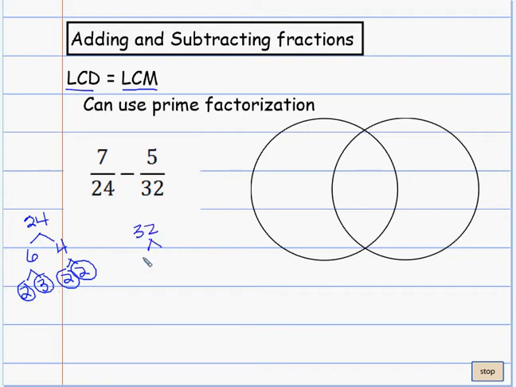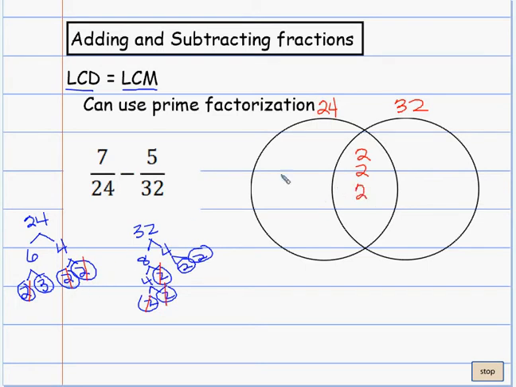And 32 would be 8 times 4, 4 times 2, and 4 would be 2 and 2. And this 2 stays, and this becomes 2 and 2. Okay, so now remember how you work this out with the prime factorization? Whatever they have in common goes in the middle, because this is the 24 circle and this is the 32 circle. So what do they have in common? They have a 2, so we're going to write 1, 2. Let's see, they have another 2, so we'll put another 2 in here. They have another 2,